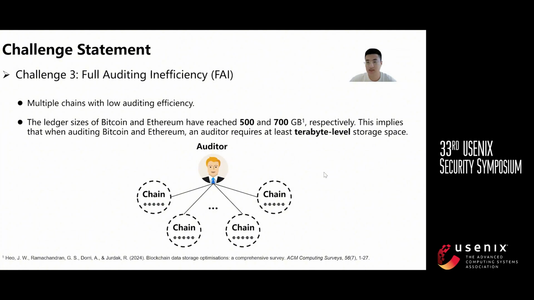The third challenge is auditing inefficiency. Auditing has long been an important research topic for single blockchains. This problem becomes even more challenging in cross-chain. Specifically, the design premise of a single chain assumes that the auditors serving as blockchain nodes can access information within